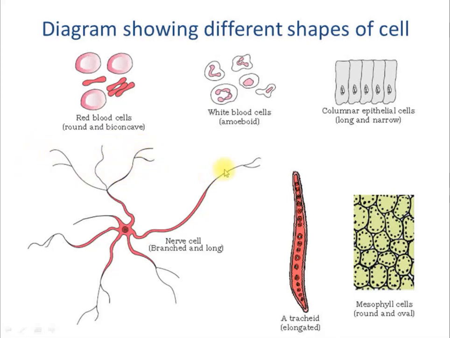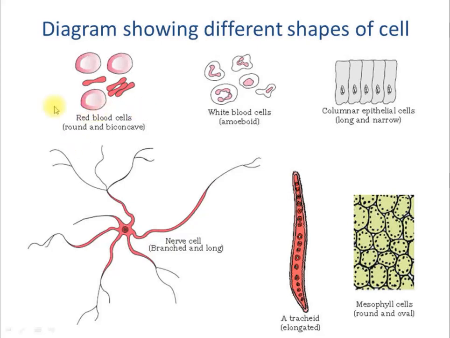So you can just see that, consider that this is a large area of skin. This single nerve cell is able to receive stimuli from this area also, this area also, and this area also, right? It will receive the stimuli and send a message to your brain. That is why this structure is quite long, because it is going to receive stimuli from a vast area, and also it is branched. So this characteristic regarding the shape of a nerve cell can only be understood if you know its function. Okay, and that is the beauty of biology.